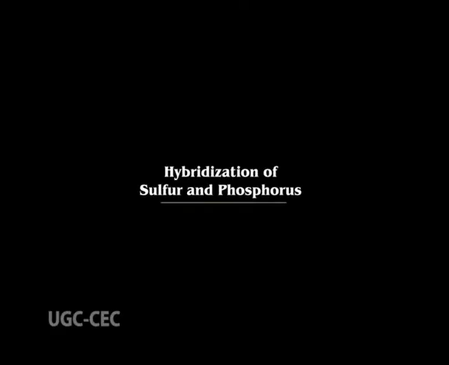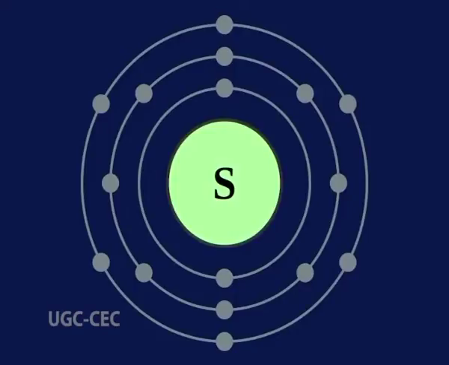Next, hybridization of sulfur and the phosphorus. As the valence or M shell of sulfur has 6 electrons, it adopts sp3 and sp2 hybridization as done by oxygen. But phosphorus can have